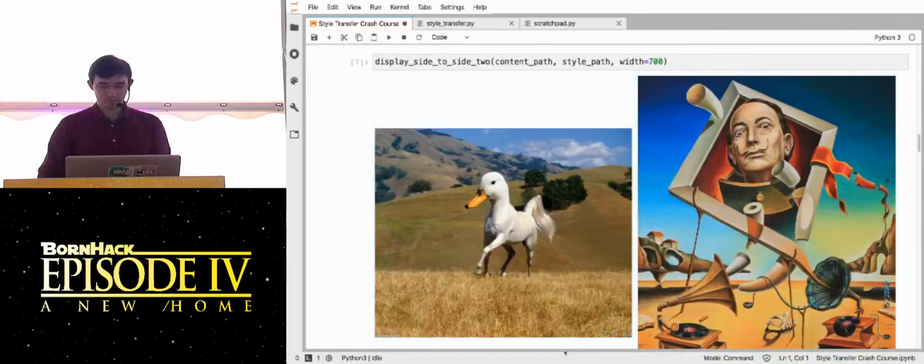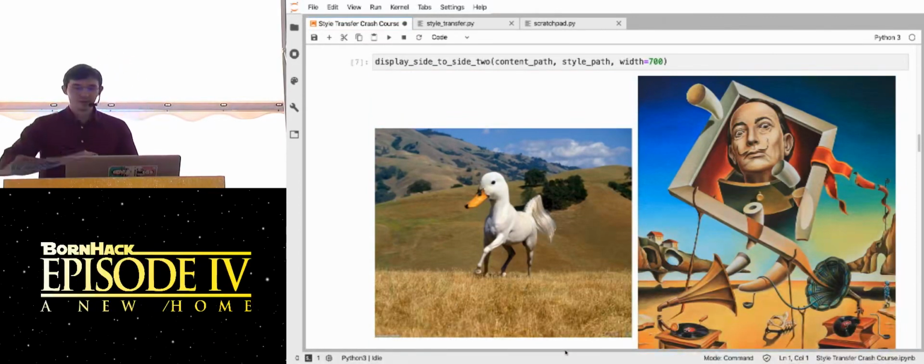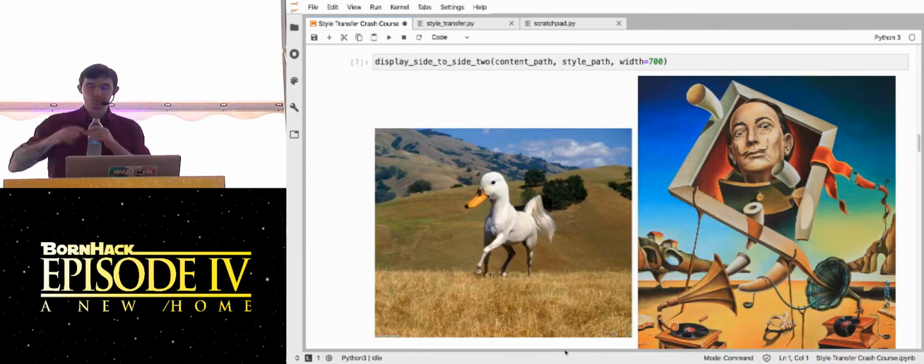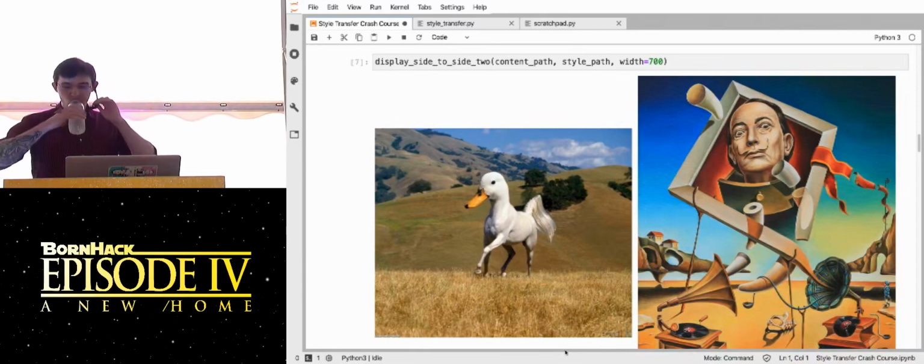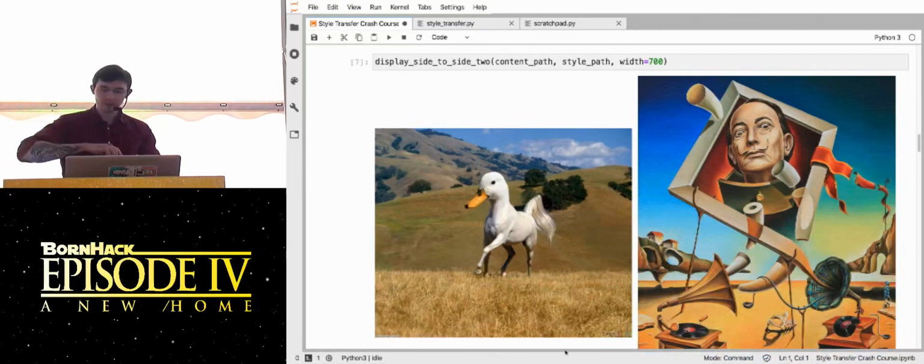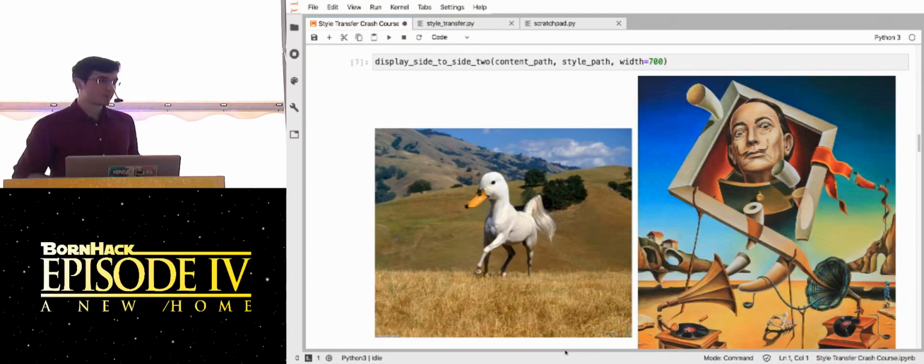OK. So this is a majestic horse duck on the left that some person with great Photoshop skills has created. And on the right, you can see an image in the style of Salvador Dali, not actually created by Salvador Dali.